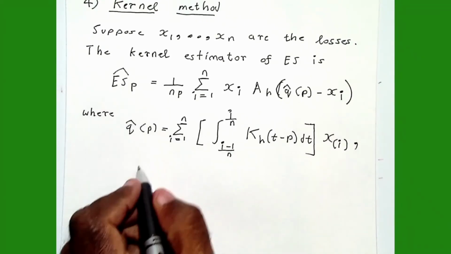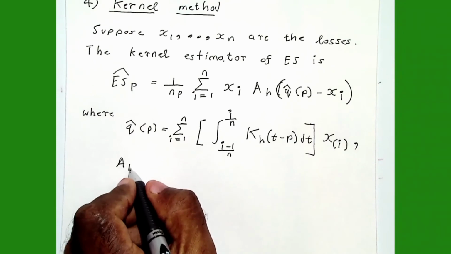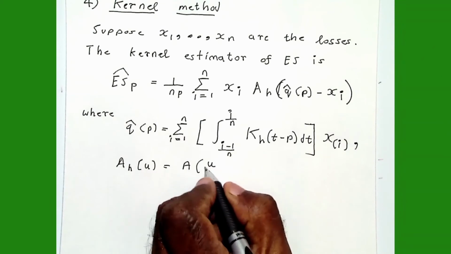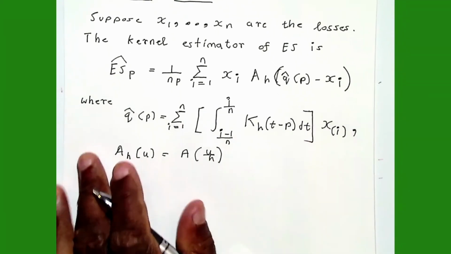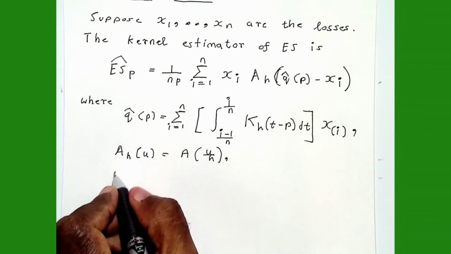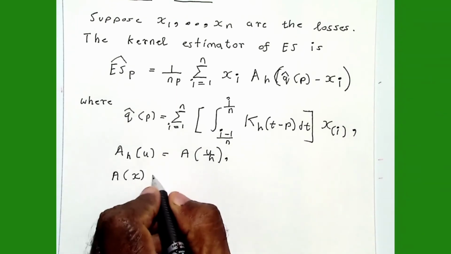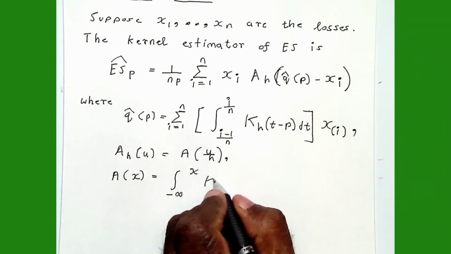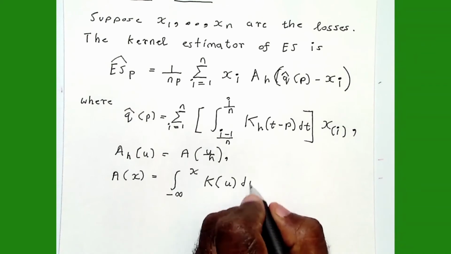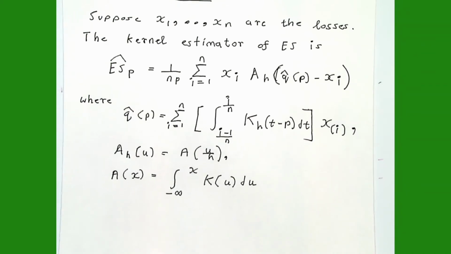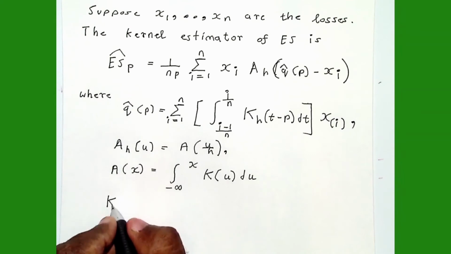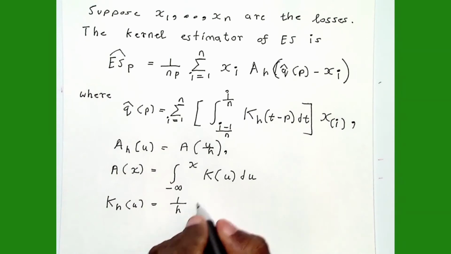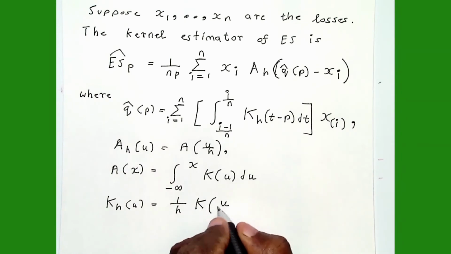Okay, and the function A subscript h is defined as A at u divided by h. All right, and the function A is defined as the integral from minus infinity to x of k(u) du, and the function K subscript h is defined as 1 over h times K at u by h,